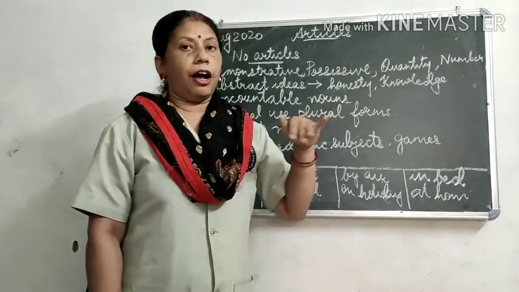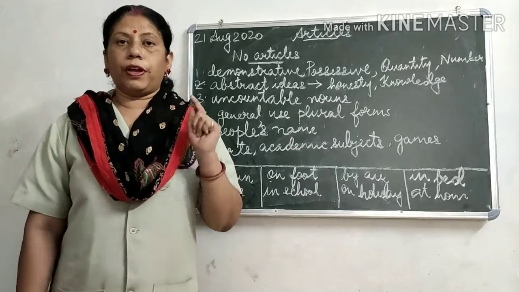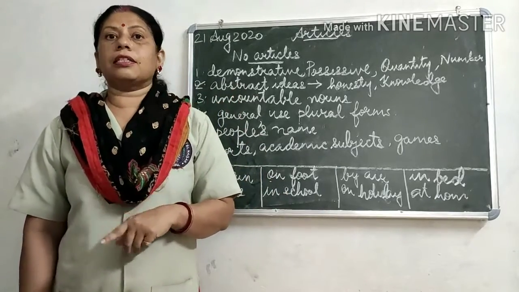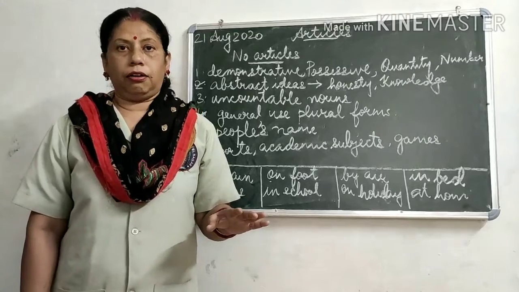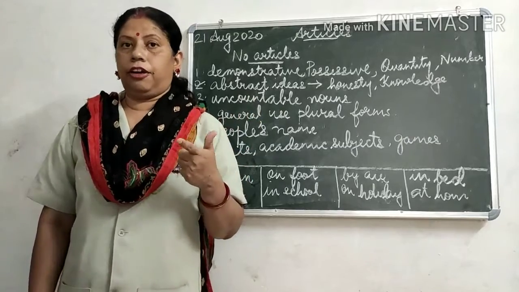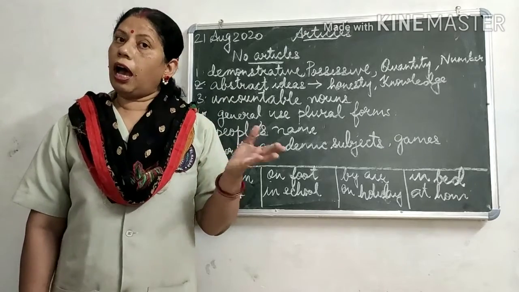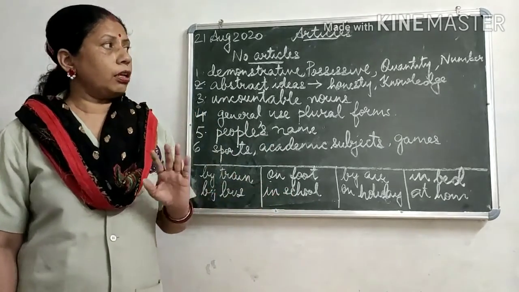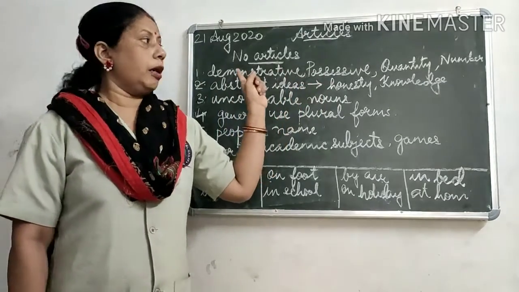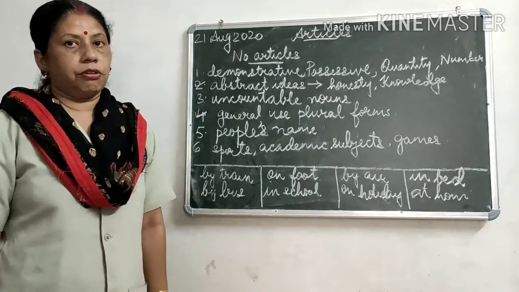Then the numbers. After the numbers: give me one pencil, give me 3 pencils. When I say 3 pencils, that means after 3 and before pencils I am not supposed to use any article, right children? Because as you know, the article a, an refers to singular only, though the refers to plural as well as singular, okay? So I am not going to use any article after all these demonstrative, possessive, quantity or number words, right?